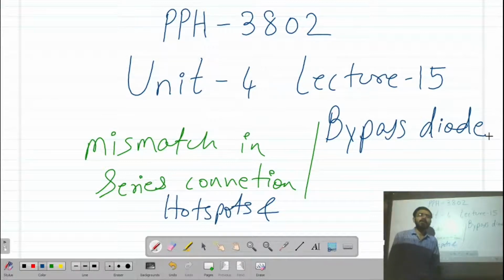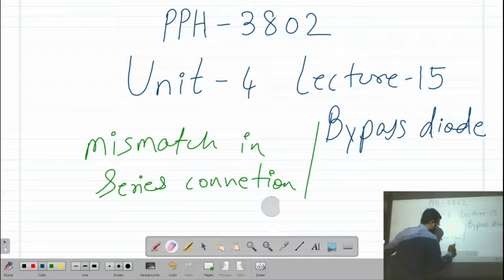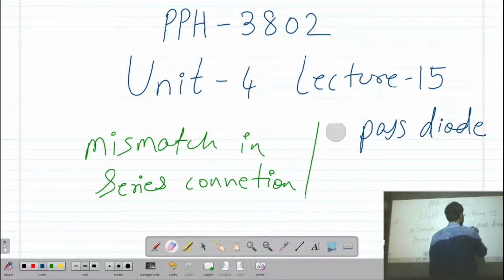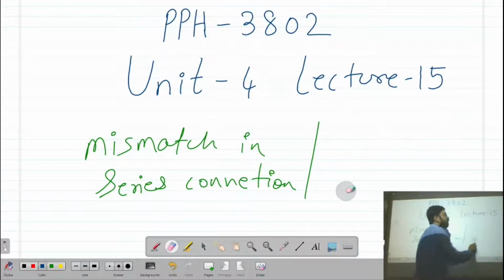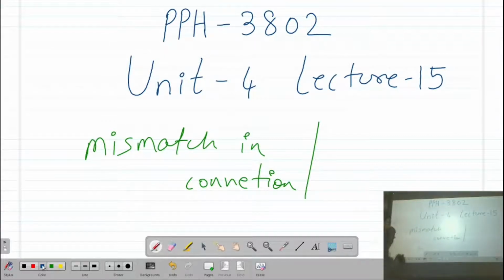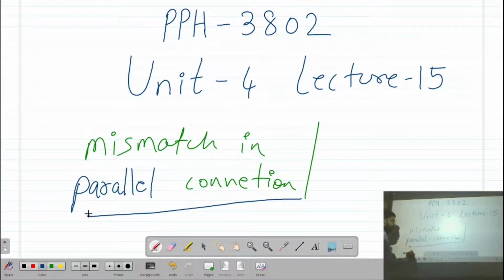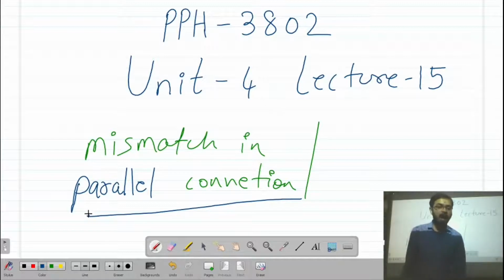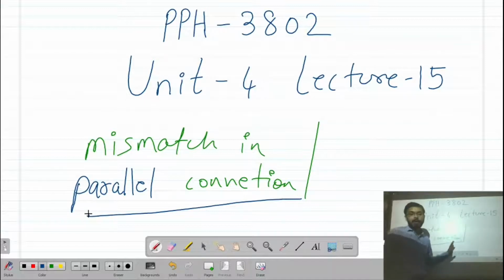Now, today we will see mismatch in parallel connection, how mismatch occurs in parallel connection, and how it is going to affect the modules and arrays, right? Now, before going to mismatch in parallel connection, I would just like to draw the attention for